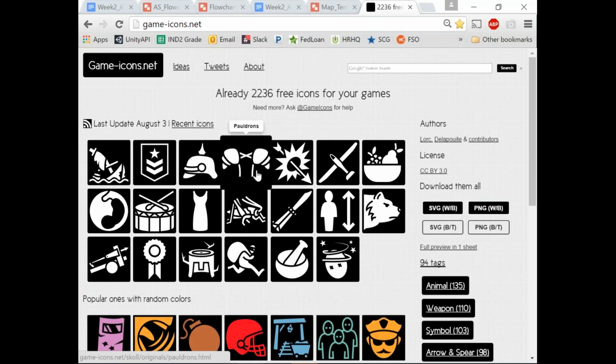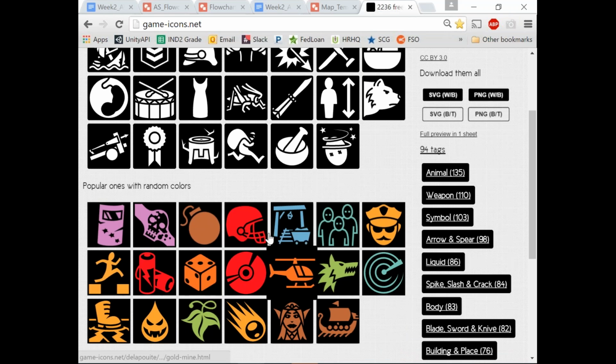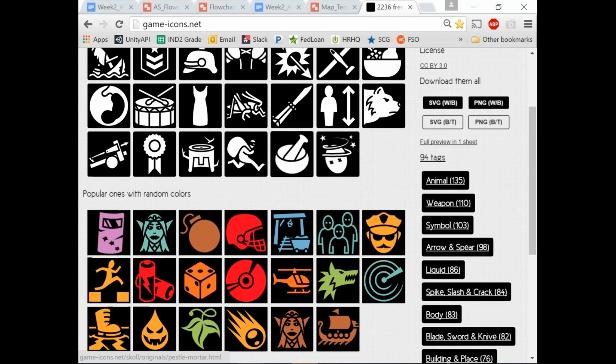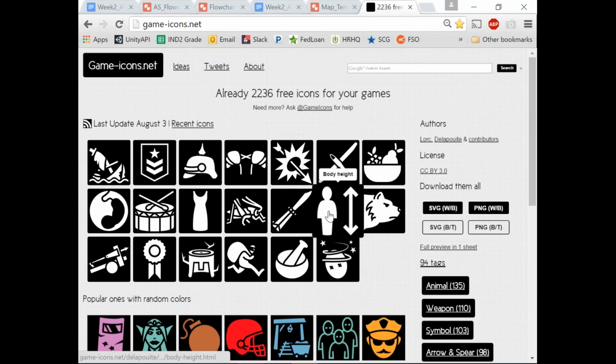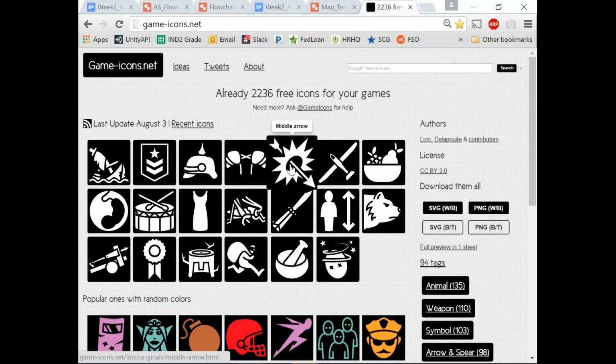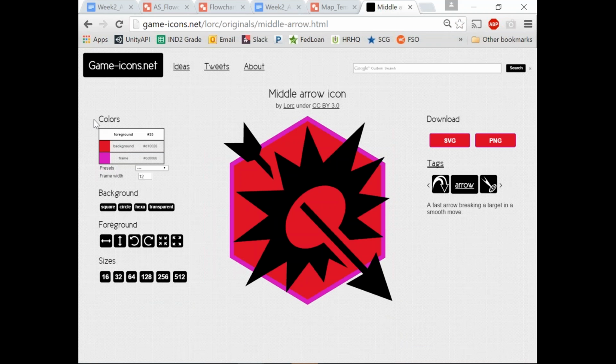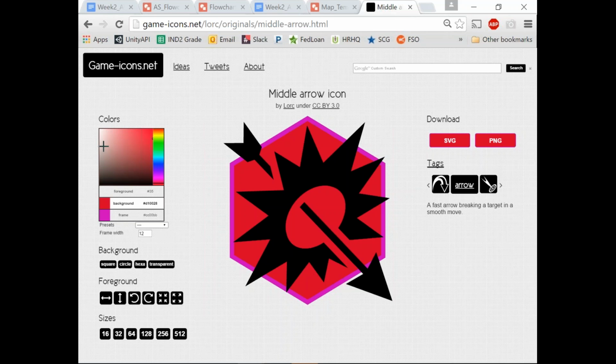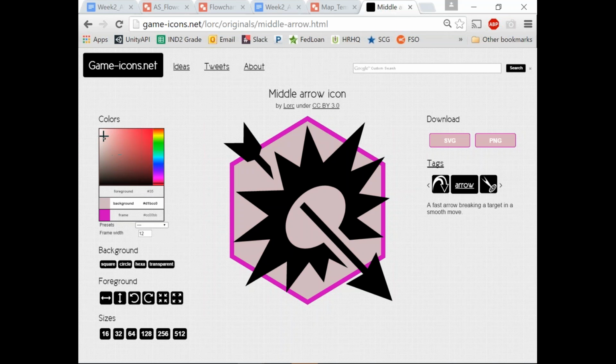So this website, game-icons.net, is a really, really great resource to utilize. Completely free icons. You'll probably notice some of the example maps will have some on here. Some of our own template has a few from here. But these are really, really great to utilize. And what's really nice about them is if you just select one of them, you can customize it even further. So you can change the background color, foreground, here's the frame,